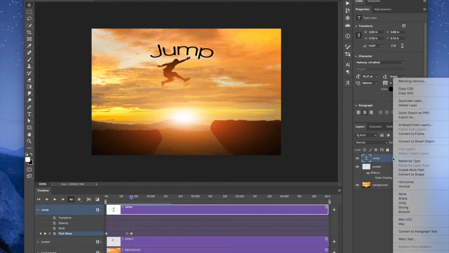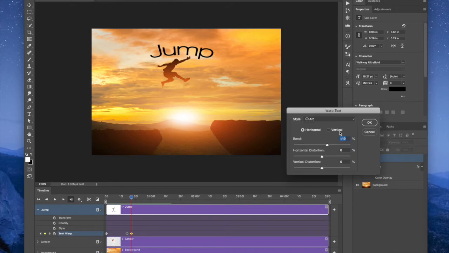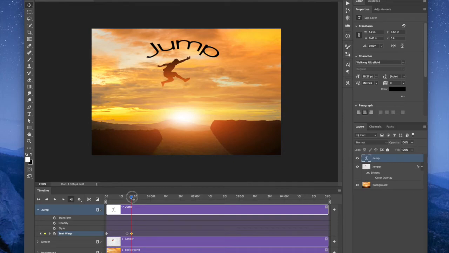So I'm going to right click on the text layer in the layers panel, and I'm going to go down to warp text, and I am just going to make that text warp some more. And then hit OK. Okay, so it's going to go warp, and then